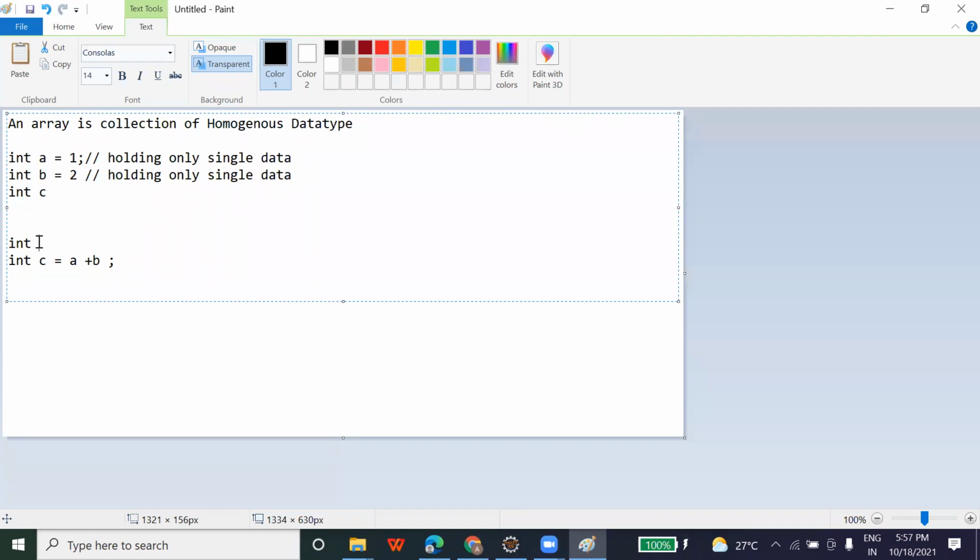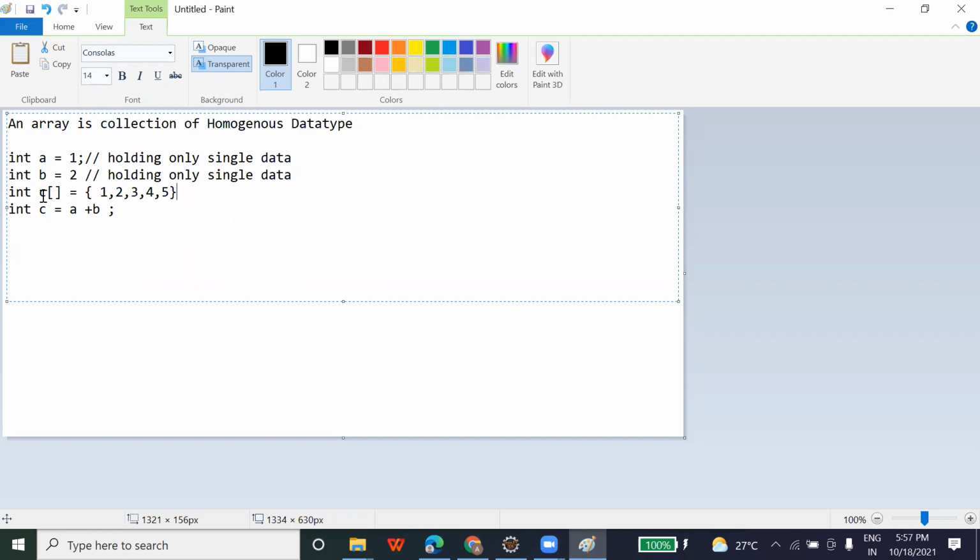So what did the inventors, the Java developers, think? Suppose you want to declare a variable that can hold multiple data, then how can you declare it? You can declare it like this.